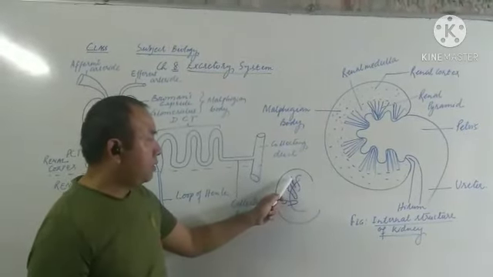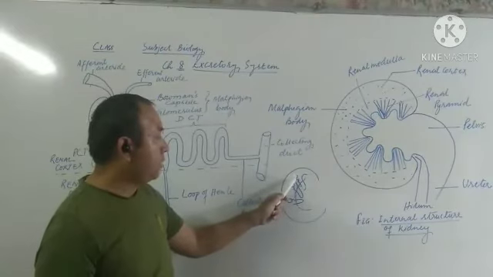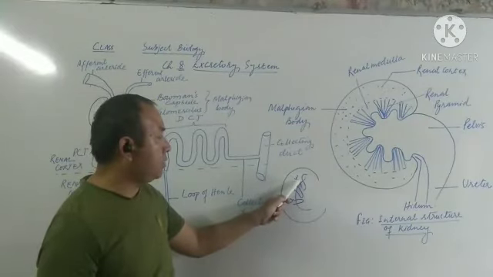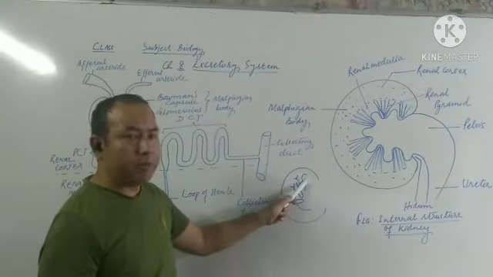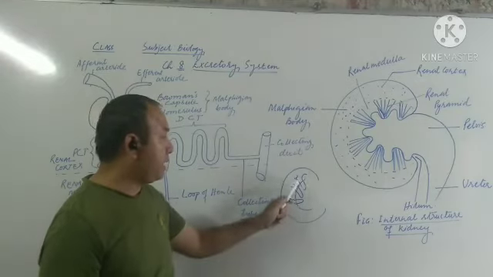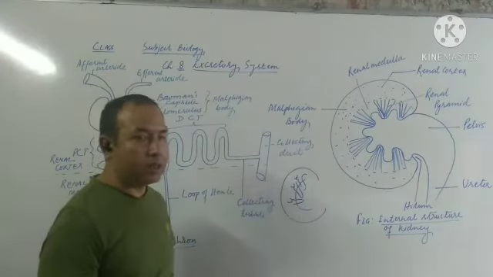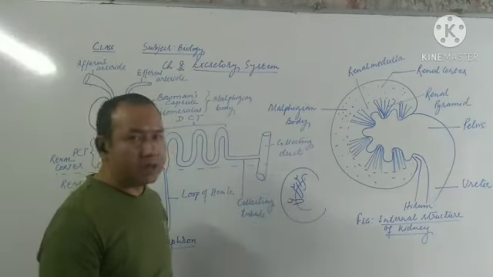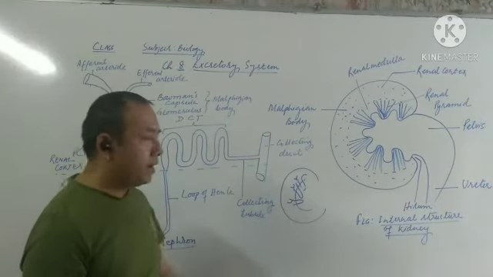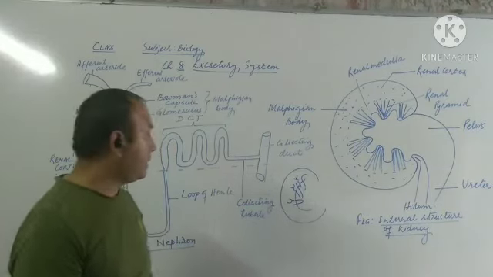The nephrons are present like we see. Bowman's capsule in the cortex region. Then again it gets highly twisted. Then again becomes U-shaped, enters into the renal medulla. Then again comes back. Again gets highly twisted. In this way, millions and millions of nephrons are present inside a single kidney.